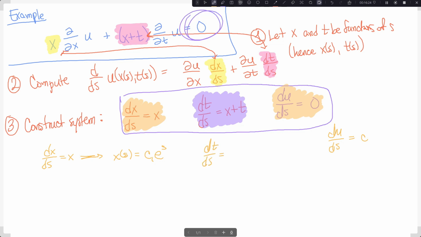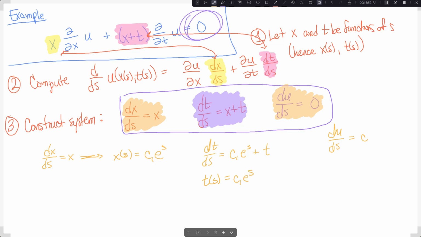dt/ds is x plus t, but we know what x is now. We know x is c1 e to the s plus t. If I go through the work on this, we would find out that the solution to this equation in t as a function of s is